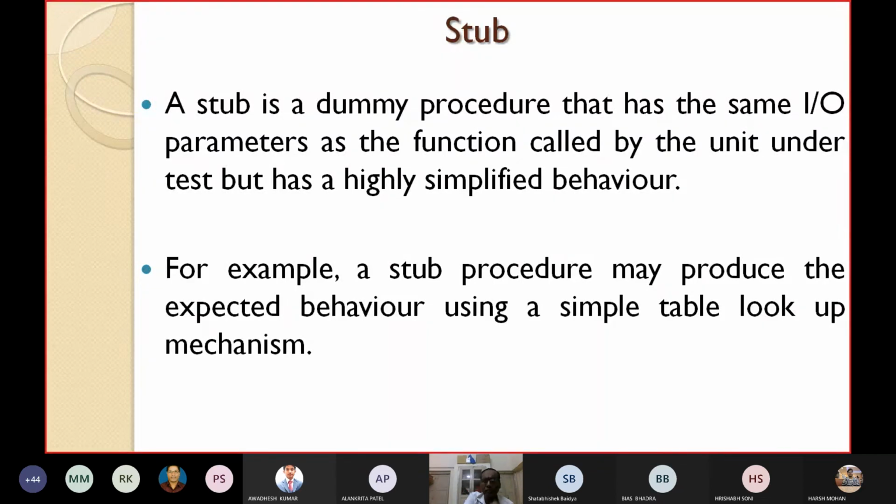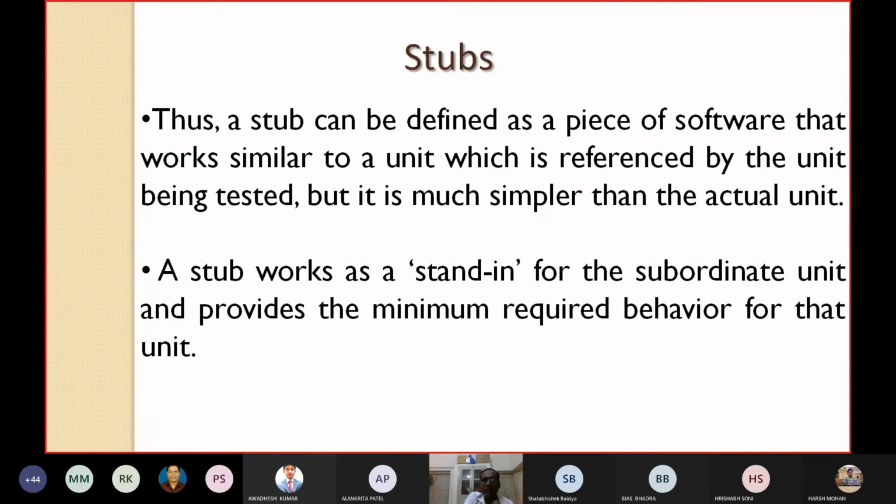We can say that a stub works as a stand-in, or the dummy module we told you about. A stub works as a stand-in for the subordinate unit or module, and it provides the minimum required behavior for that unit, so that the module which is going to be tested can be tested easily by calling this dummy module, the stub, because the called module is not ready.